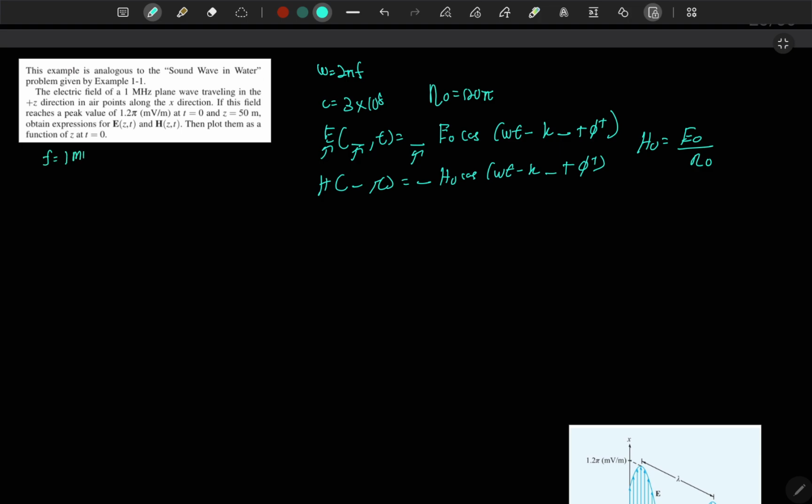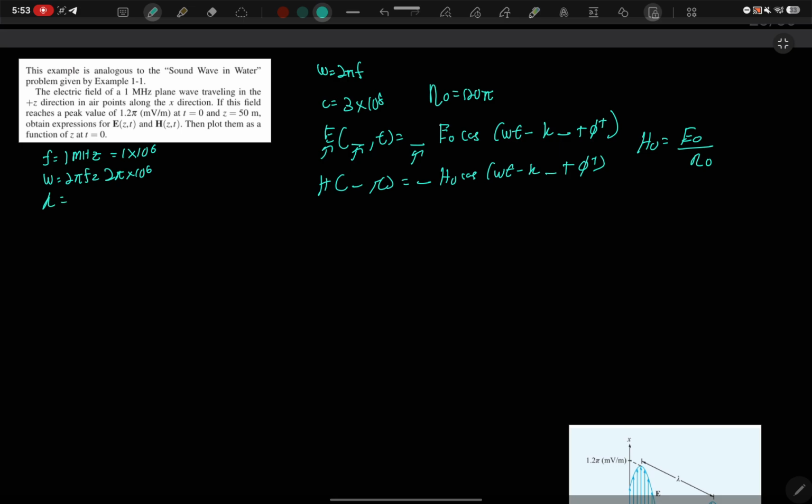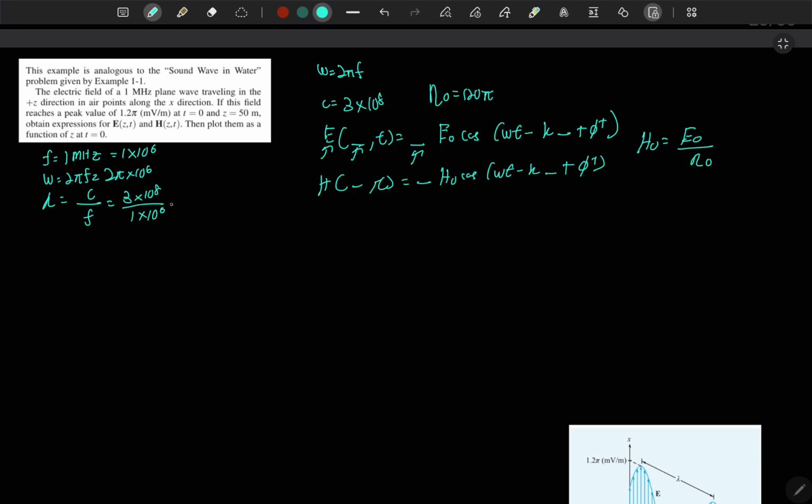Okay, so what can we know from here? So f is equivalent to 1 megahertz. Then we know that our angular frequency is 2 pi f, which is equivalent to 2 pi times 10 power of 6, because this is 1 times 10 power of 6. And then our lambda, something that we need to know, is equivalent to c over f. C means it's 3 power of 10 8. So over 1 power of 10 6, you will be getting 300 meter. SI unit, if you want to write, or else try to write. 2 pi over lambda is equivalent to,